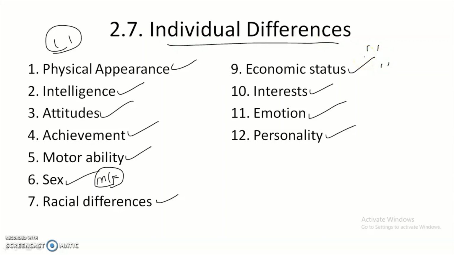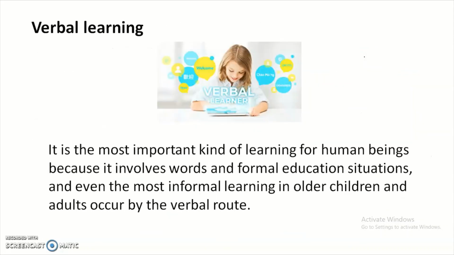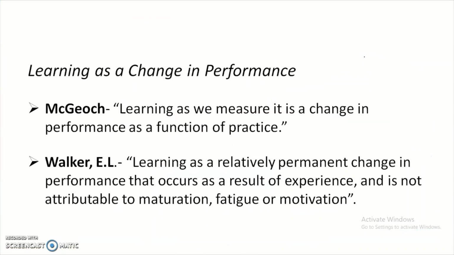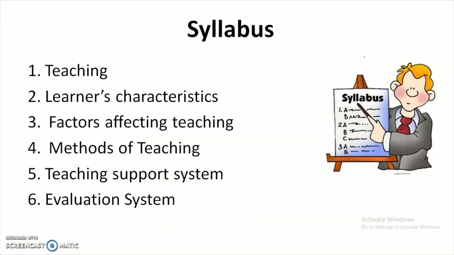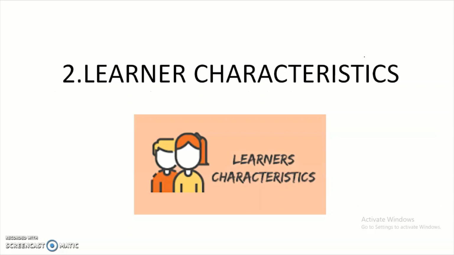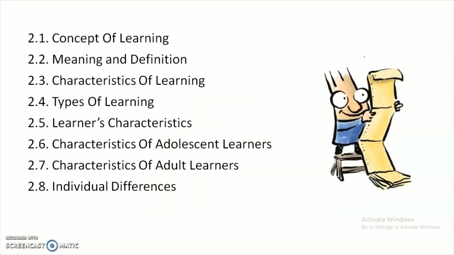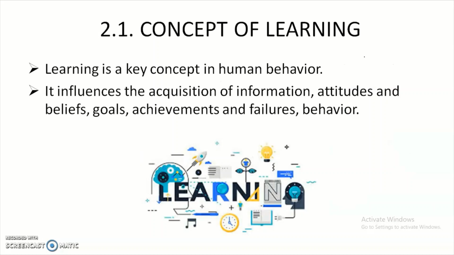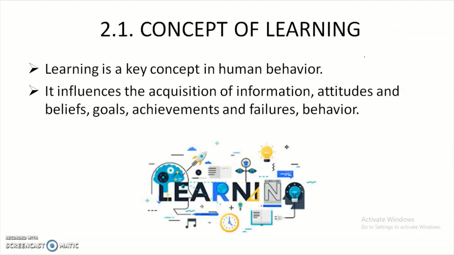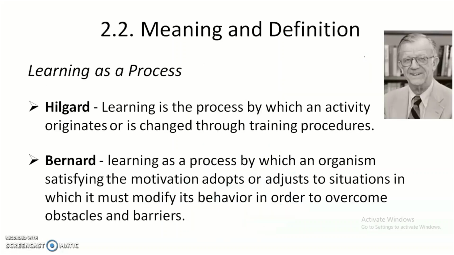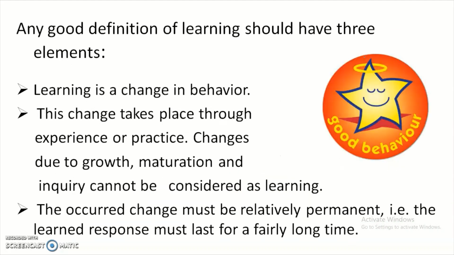So completely these are all the topics regarding the learning or learner characteristics, right? It is the second topic of the first unit. So what we studied is the 8 subtopics in total, that is the concept of learning. The concept of learning is mainly used to change human behavior permanently, and learning depends not only on textbooks, it depends upon past experience and other human beings or role models, and the meaning and definition by a few experts.